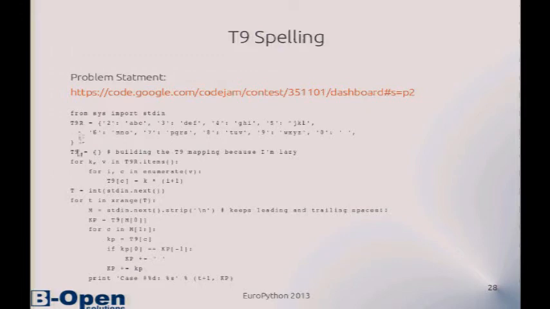Okay, it's T9 reversed and T9. So I get one after the other those ones, and I write for every letter the corresponding